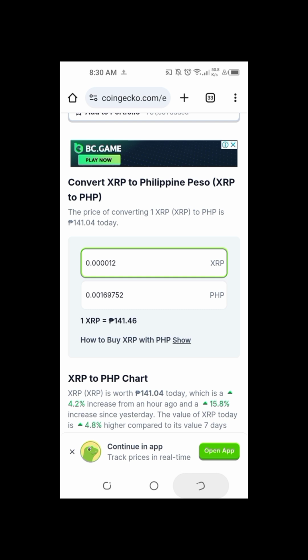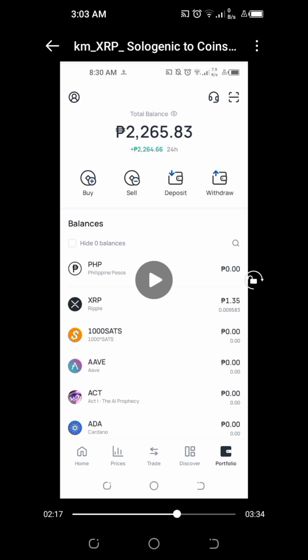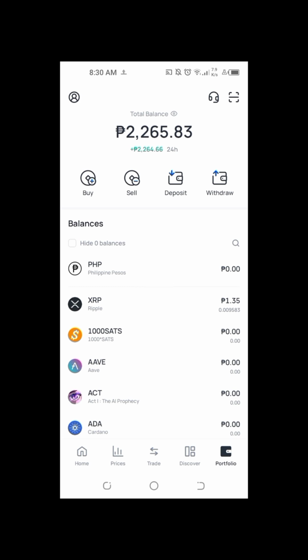So we can only imagine how affordable and low cost any transactions are within the XRP ledger and blockchain. This is really one of the evident use cases for XRP when it comes to payment settlement.